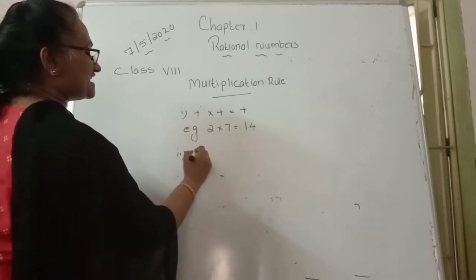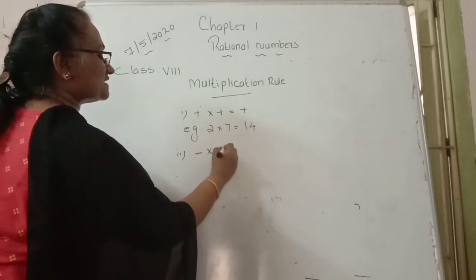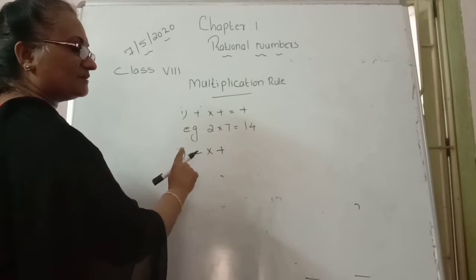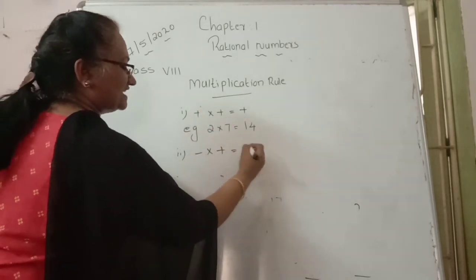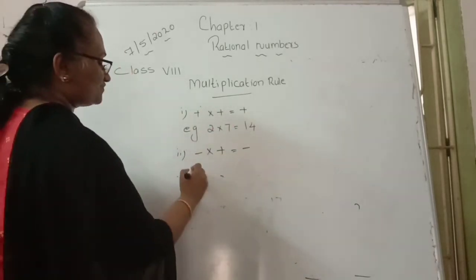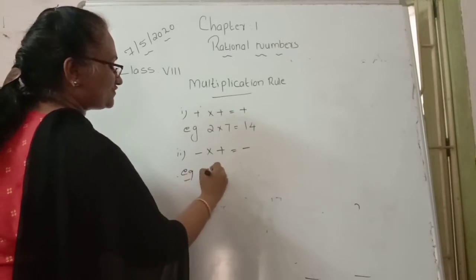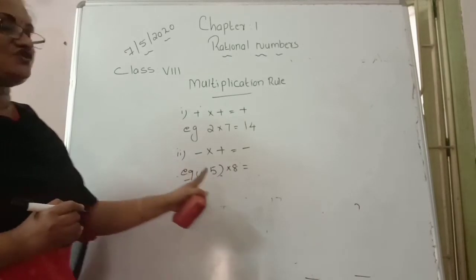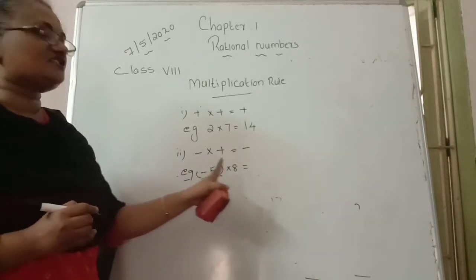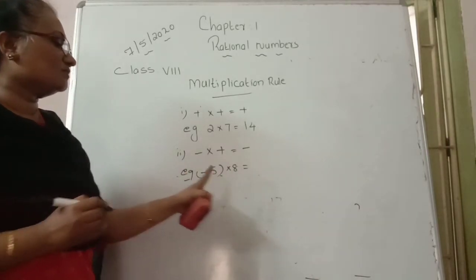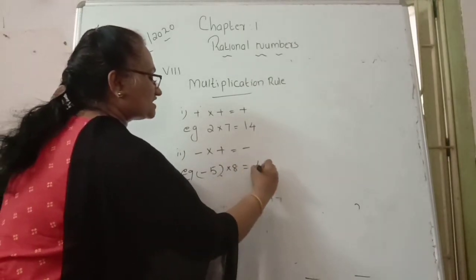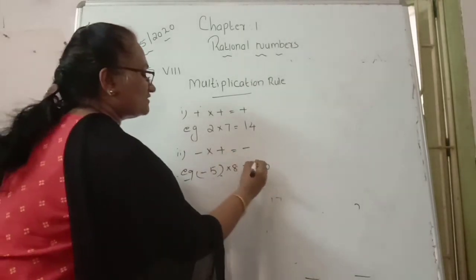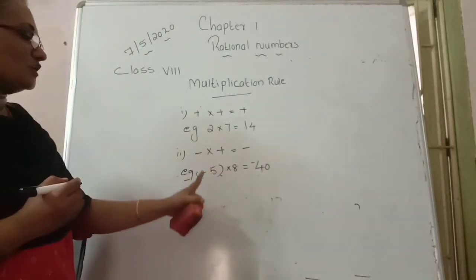The second rule says that if one is negative and the other is a positive number, first we multiply the given numbers and put a minus sign. Example, minus 5 into 8. First what we want to do is multiply these two numbers. 5 8s are how much? 5 8s are 40, and our symbol is minus, so that's why minus 40. So opposite signs means